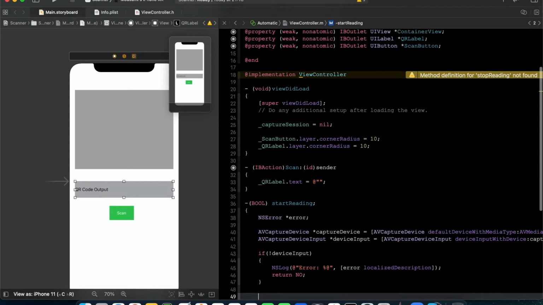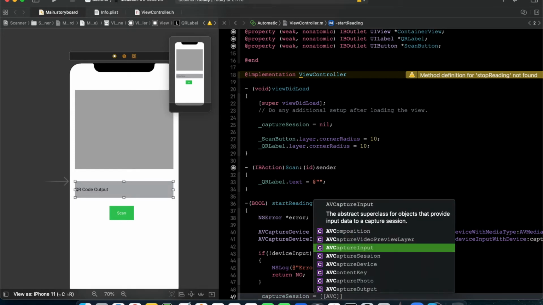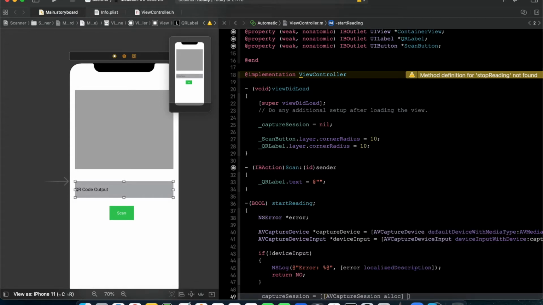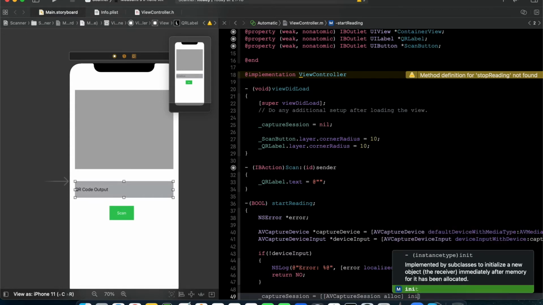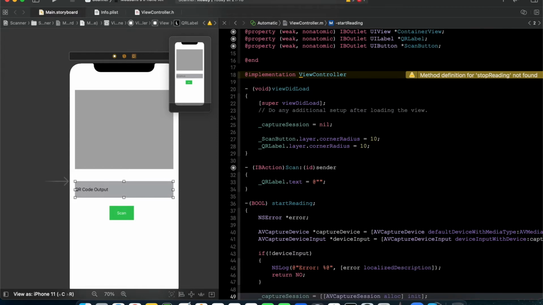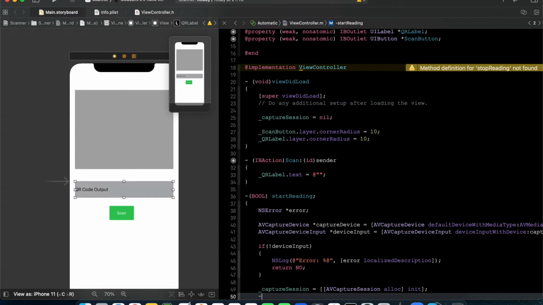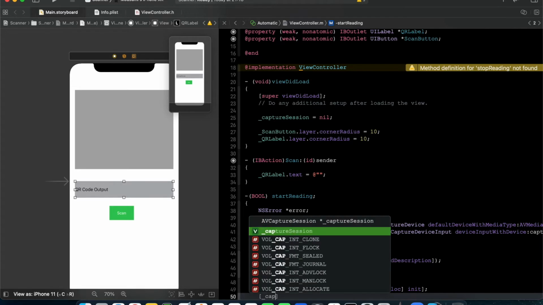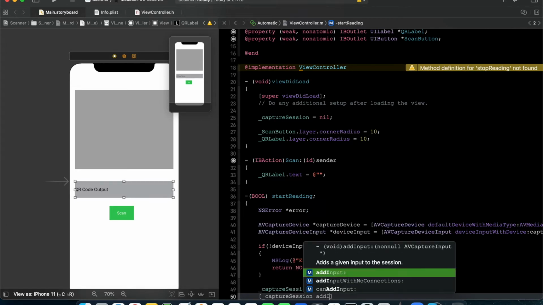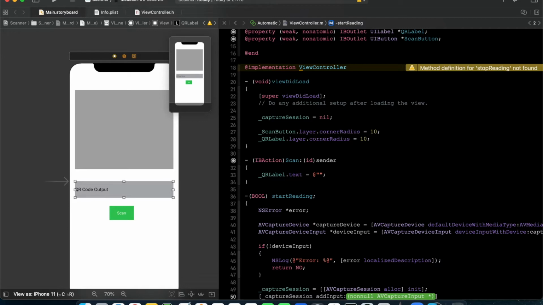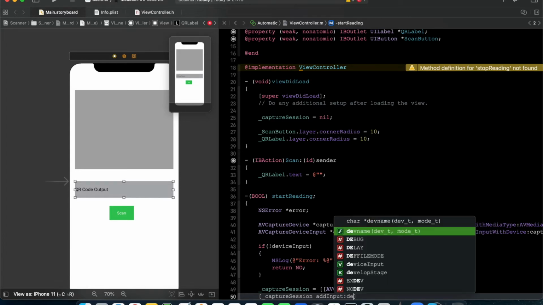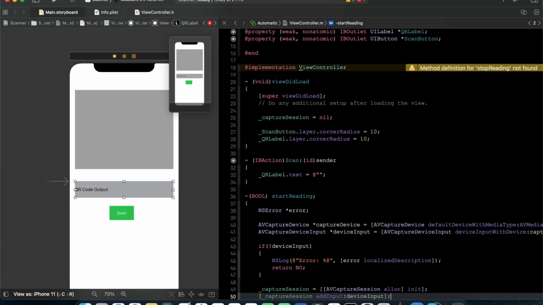now I will create and assign a capture session. I'll allocate memory for it. Capture session alloc, and then init, and then we are going to add input for the capture session. So we'll use add input, and we'll use the device input. Okay,